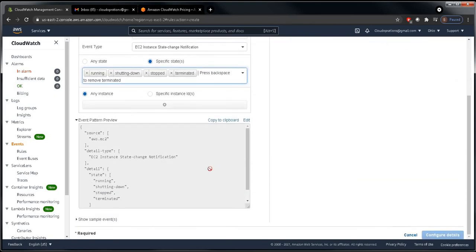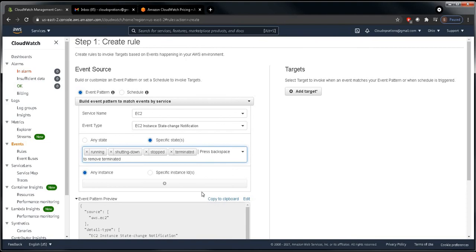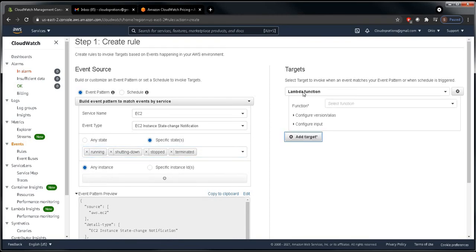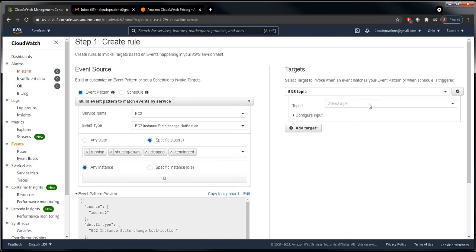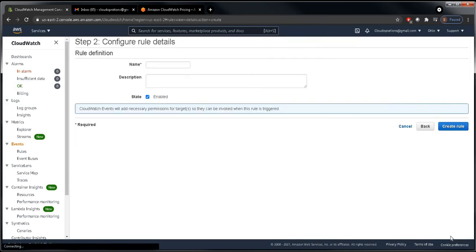Okay, now this is what we selected. Now we want the alert, right? For that we have created the SNS topic. So on the right hand side you can see add a target. Click here, find SNS. So SNS topic, select our topic. My topic is L1 monitoring. So look here once again, we have selected EC2, then state change notification, the customized notification we have added whatever we want. Then we have added our SNS topic and let's configure.